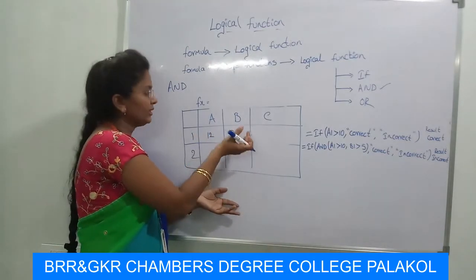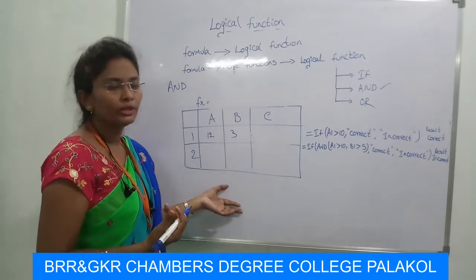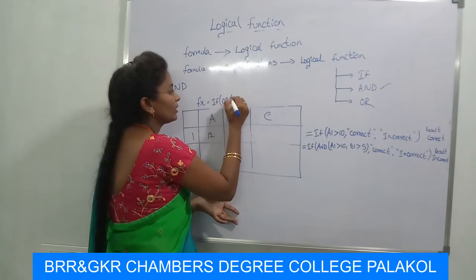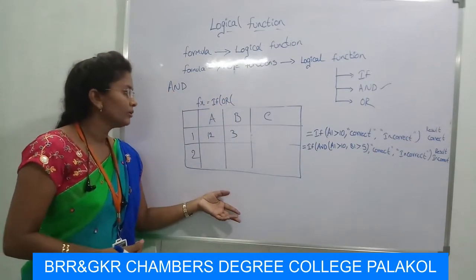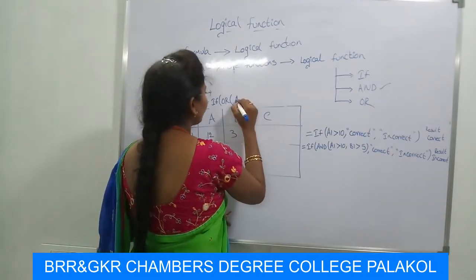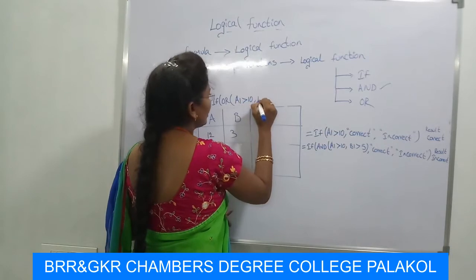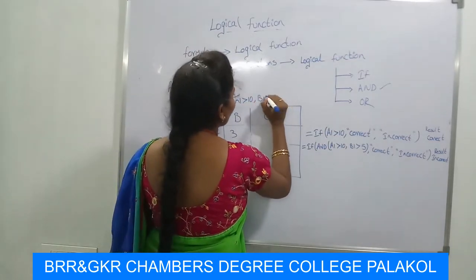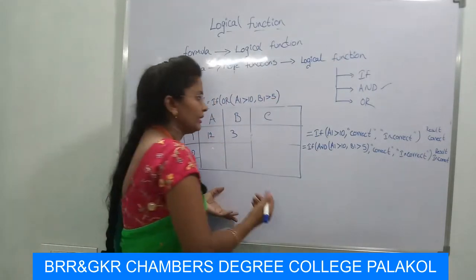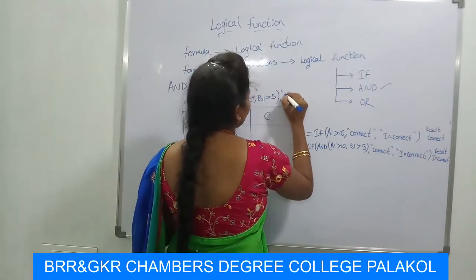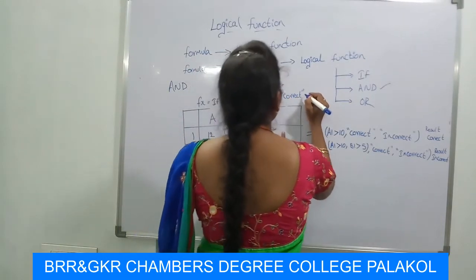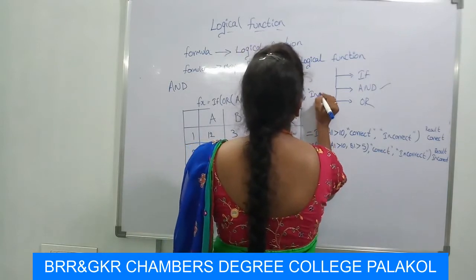And the formula is the IF function and the OR function. Here I have to write the cell references. That means here I am taking A1 greater than 10, comma, same B1 greater than 5, closing the bracket, and then if it is correct, display "correct" as the answer, or display "incorrect" as the answer, close the bracket.